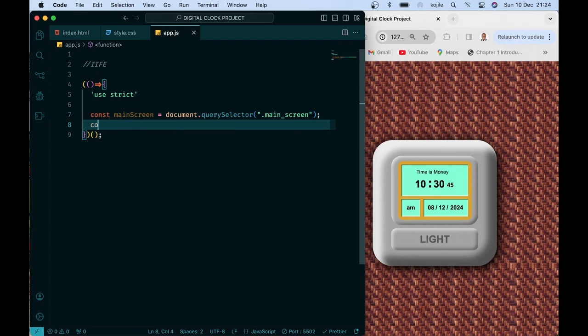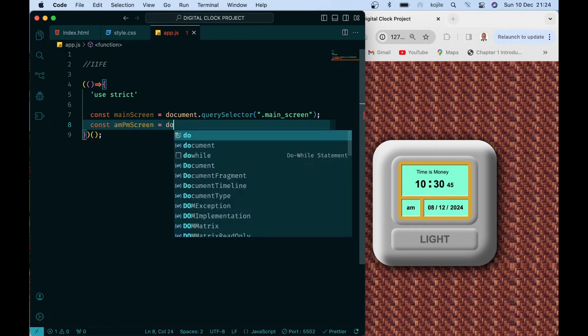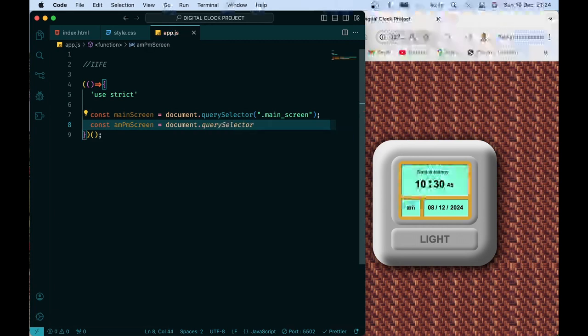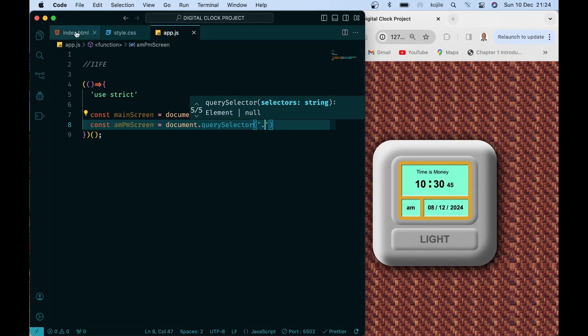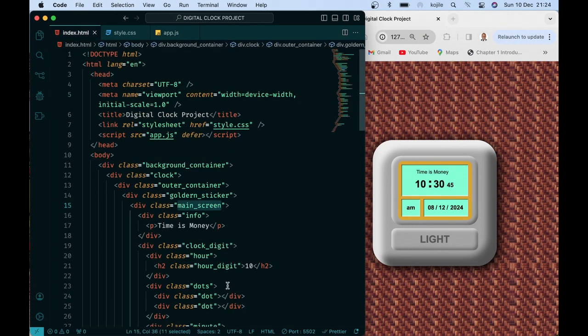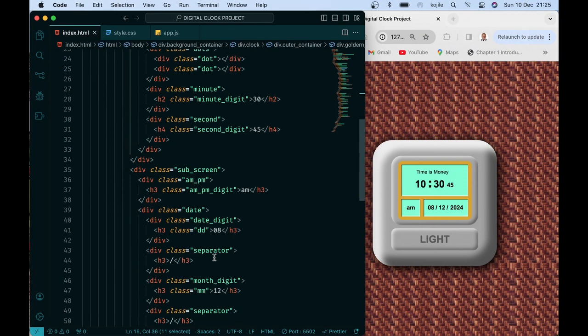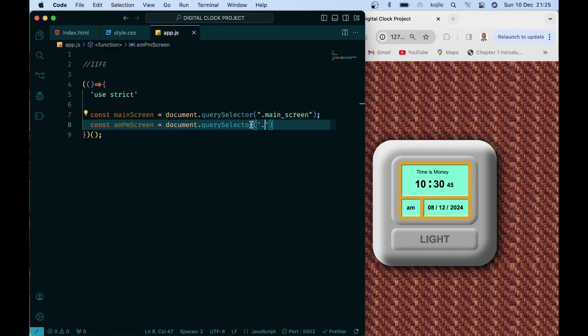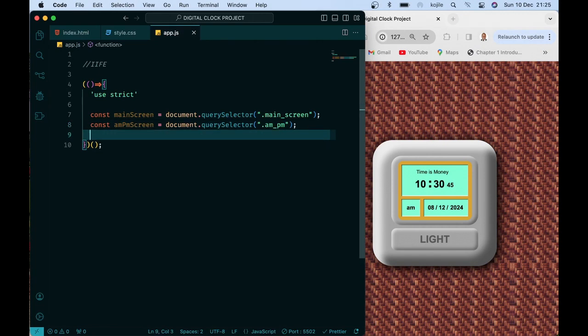and we also say const am pm screen equals document.querySelector. We also select it. We again check. In here we have the am screen here, so let's copy and paste. So again we move to the date screen,